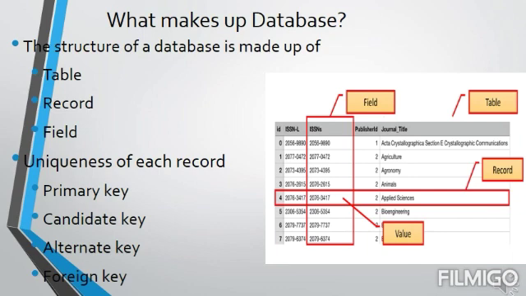Alternate key. A candidate key of the table that is not made its primary key is called an alternate key. An alternate key is the key associated with one or more columns whose values uniquely identify each row in the table, but which is not a primary key. For example, where the primary key for the table may be employee ID, the alternate key might be the first, middle, or last name of the employee. So if a person has a similar name, we can use the last name, that is the surname, as an alternate key for that particular table.